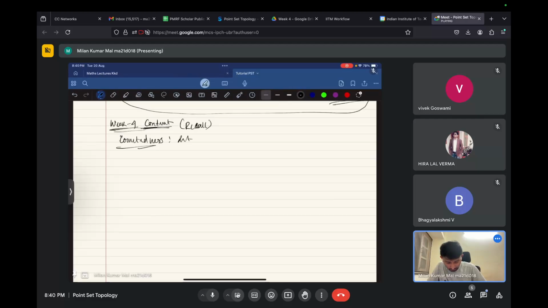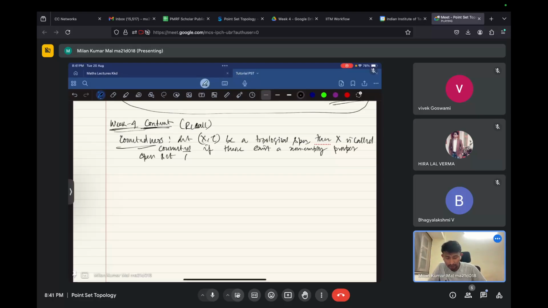Let (X, tau) be a topological space, then X is called connected if there exists a non-empty proper